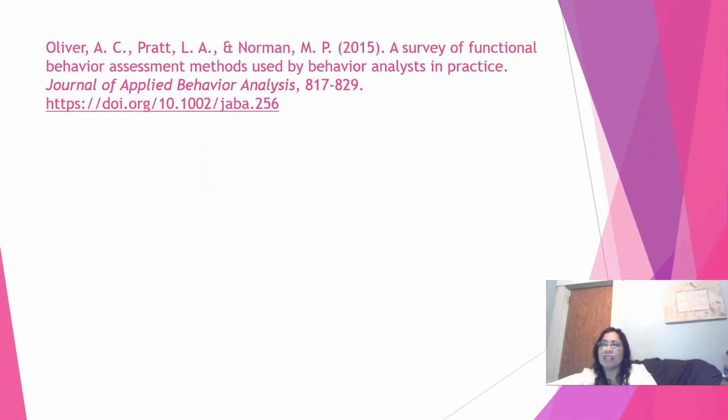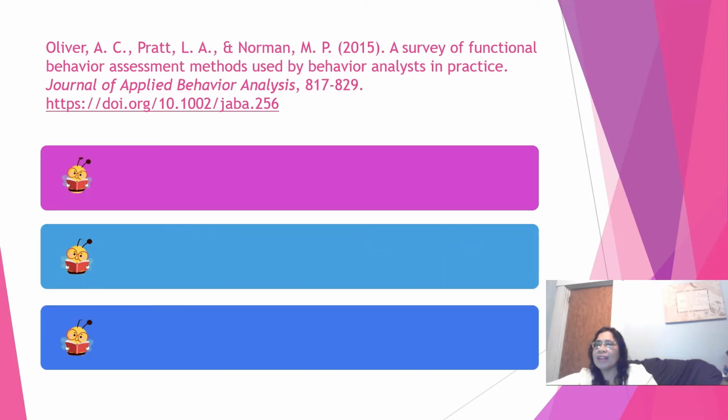The next article is by Oliver, Pratt, and Norman, 2015, a survey of functional behavior assessment methods used by behavior analysts in practice. I found some background information in this article to be very interesting. First, there is not a standard specification of method to be used when conducting FBA. There are numerous strategies. However, research literature has shown that these methods have varying degrees of effectiveness in identifying functional